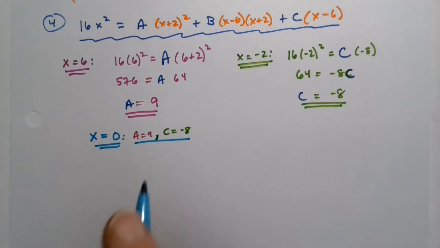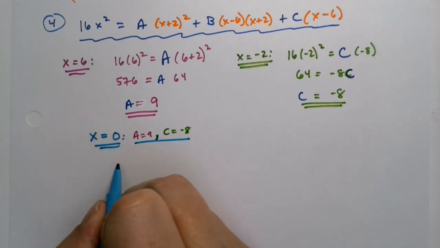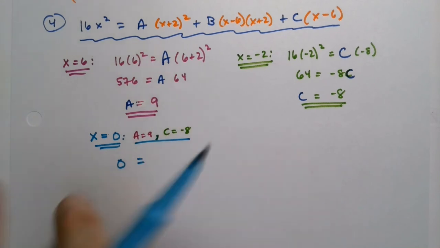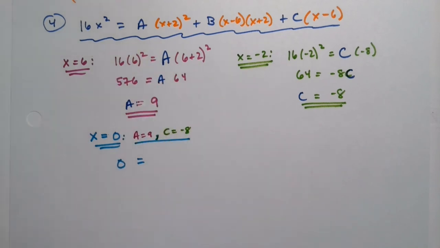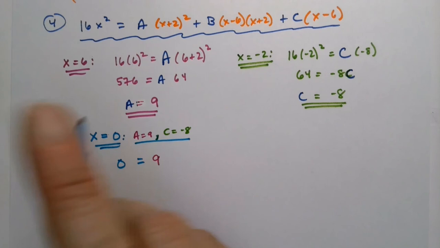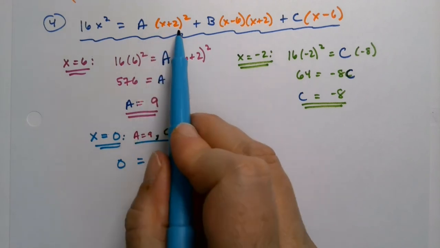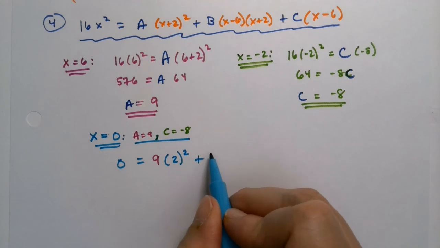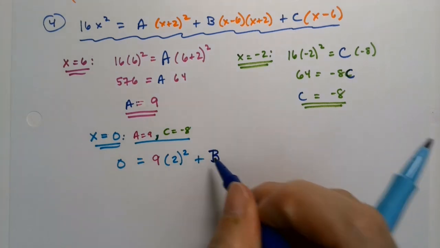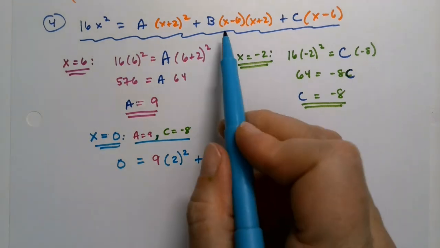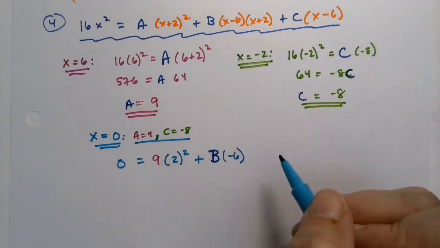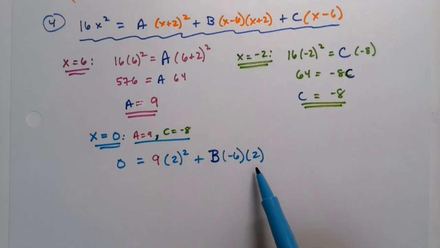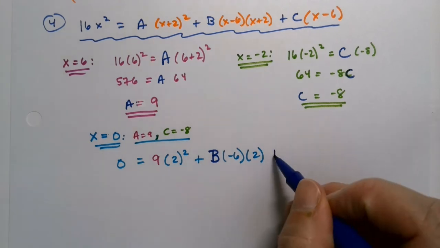All right, so let's do this. 0, because that side will be 0, equals 9, because I know A is 9. I don't need to mess around with it. 9 times 0 plus 2 squared. That'd be 2 squared plus B, there's the part I'm actually looking for, times 0 minus 6 is -6. See why we chose 0? 0 is such a smart number to pick. 0 plus 2 is 2, so that's easy. Plus,